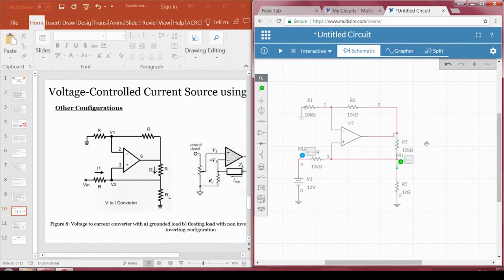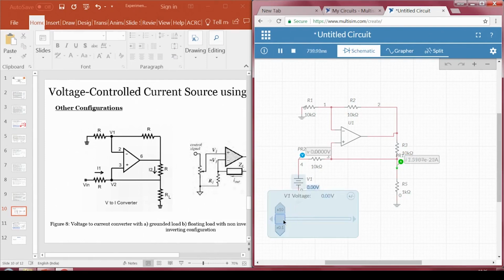We have our op amp ready. Our load resistor is 1 kilo ohm,